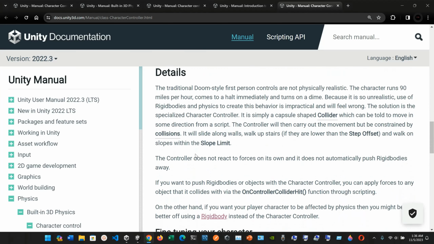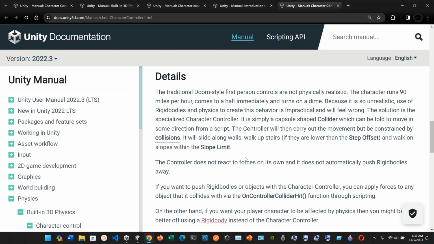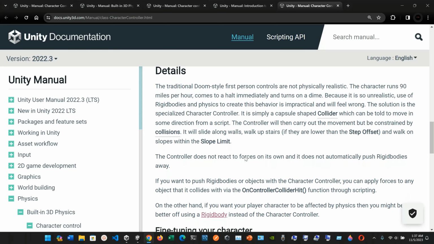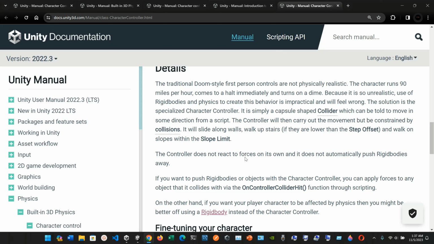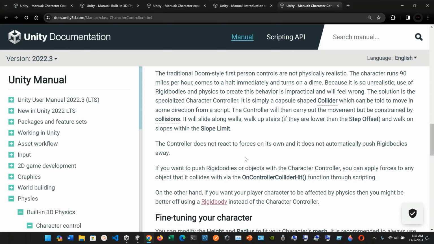Okay, so some details. The traditional Doom style first person controls are not physically realistic. The characters run 90 miles per hour, come to a halt immediately, and turn on a dime. Because it is so unrealistic, use of rigid bodies and physics to create this behavior is impractical and will feel wrong. The solution is the specialized character controller. It is simply a capsule-shaped collider which can be told to move in some direction from a script. The controller will then carry out the movement but be constrained by collisions. It will slide along walls, walk up stairs if they are lower than the step offset, and walk on slopes